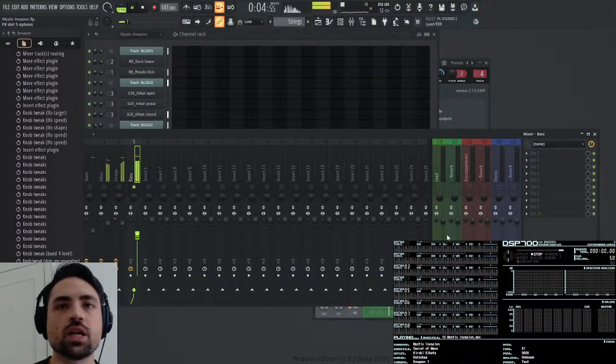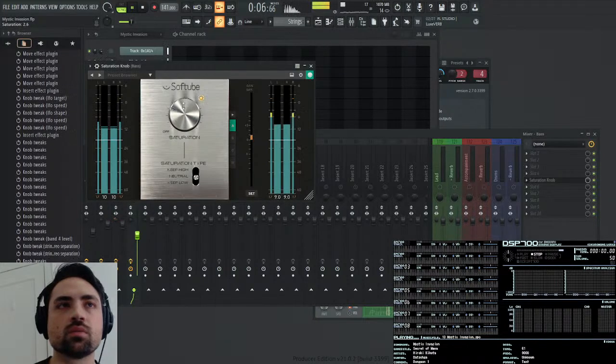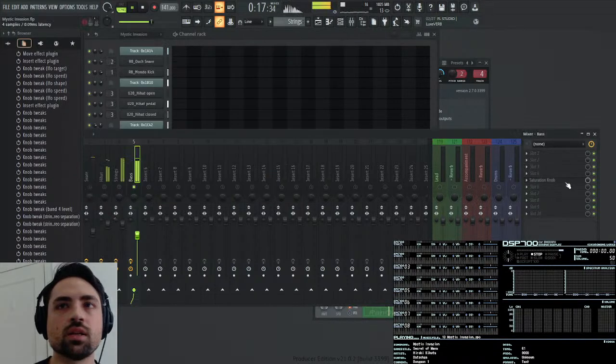Oh, well, I do want to saturate that bass a bit. Nah, I don't like the sound of that. Maybe I can wave shape it.